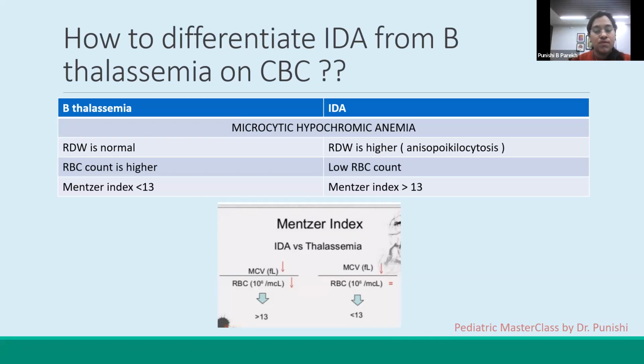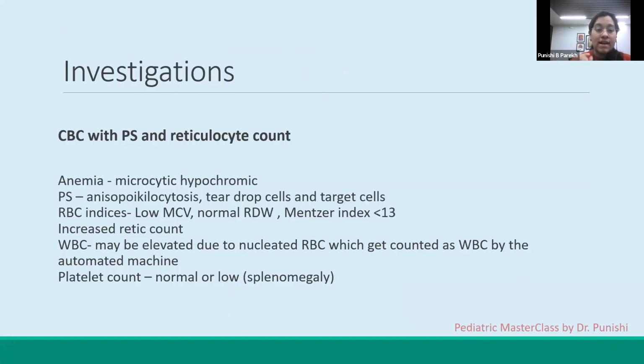Although the most common cause of anemia, even in pregnancy, is nutritional anemia. But this is a crude way of trying to differentiate only on the basis of a simple CBC report, using the Mentzer index, whether it could be an IDA or it could be a THAL trait. Okay. So along with that,